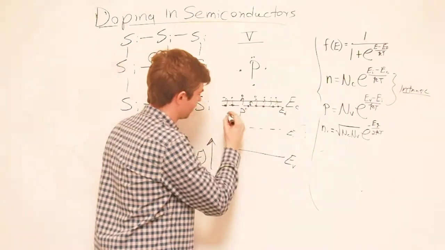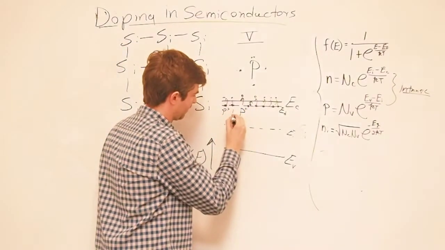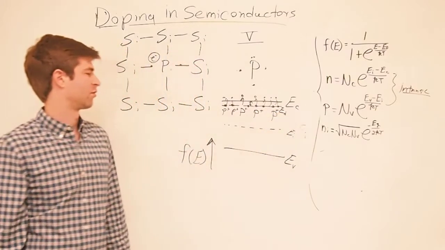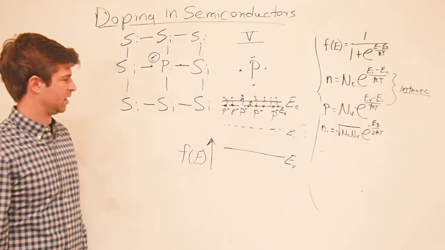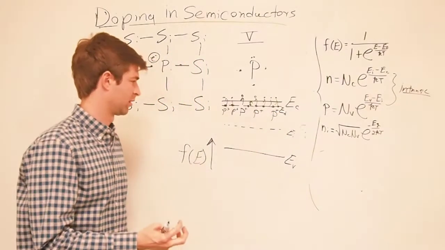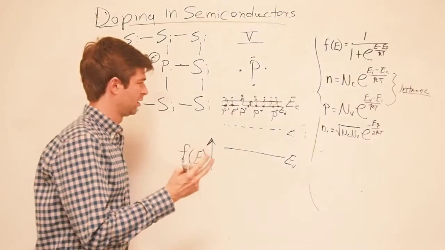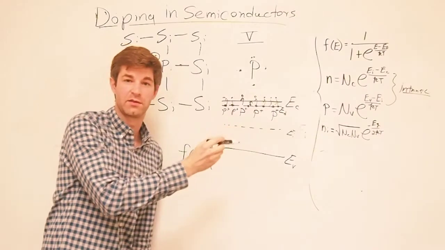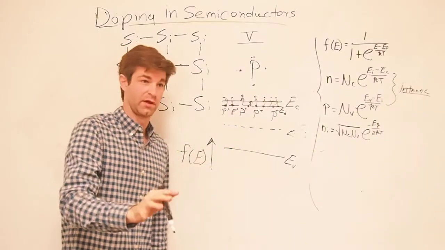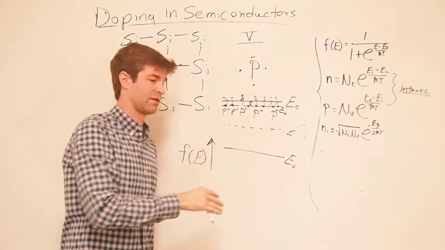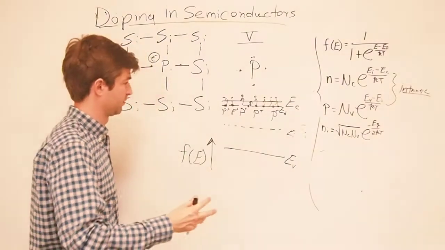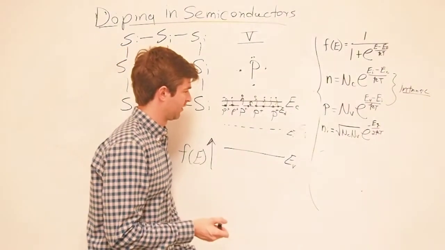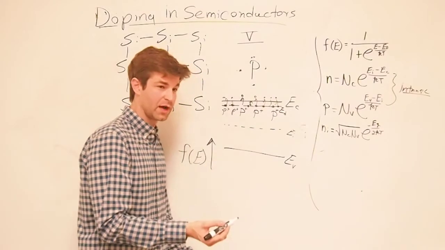And then what happens here is all these phosphorus atoms become ionized. They just become phosphorus plus, right? And so what we need for a good donor, we need 2 things. For one, we need it to be a group 5 element. If we're doing silicon; if we're doing compound semiconductors, it's a different process, which someday hopefully I will talk to you about. But it needs to be a group 5, and number 2,